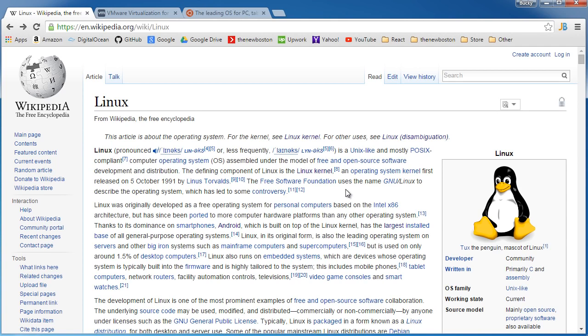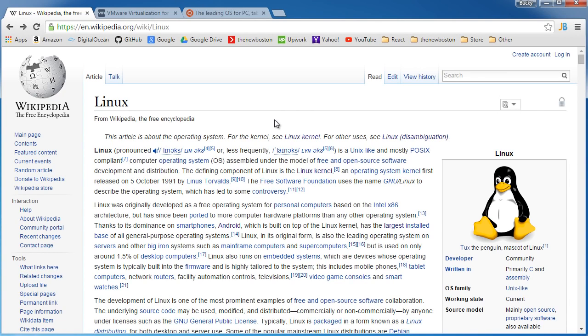But here is the problem that I have with these operating systems. First of all, whenever the people at Microsoft and Apple are making these operating systems, they write the code and they just give you the CD or it comes pre-installed on your computer. But you really don't know how the operating system is made or the source code behind it. So the problem with that is, how do you know that everything is secure like it should be, programmed properly, and there aren't any backdoors? Shout out to the NSA if you can hear me. So how do you know that there are no issues like that? Well, you can never see the source code, so you just kind of have to trust these companies.